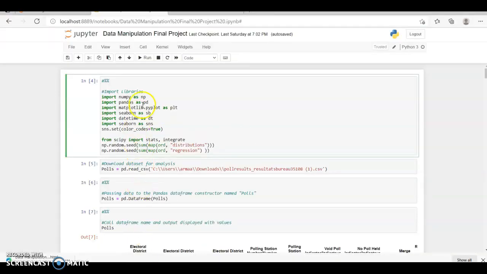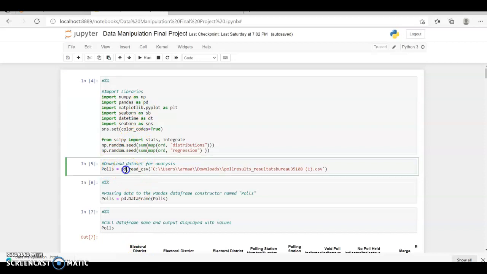To import it, I used pd, that is pandas, with read CSV, as the file is in CSV format, and I provided the location where the file is stored.